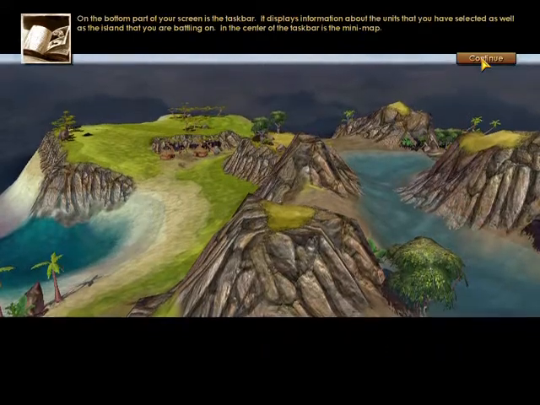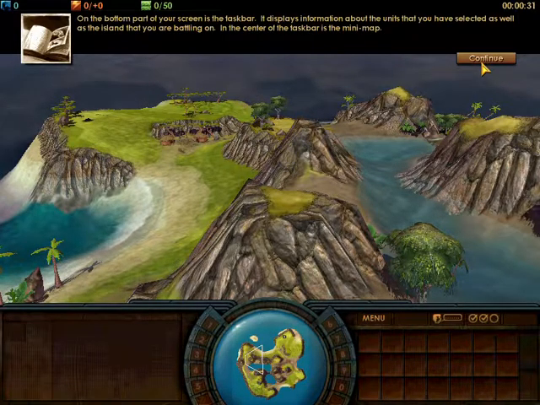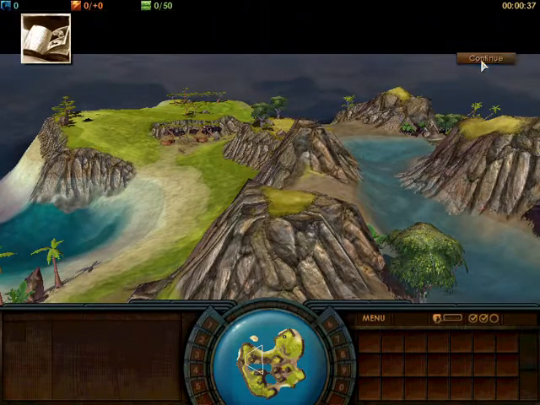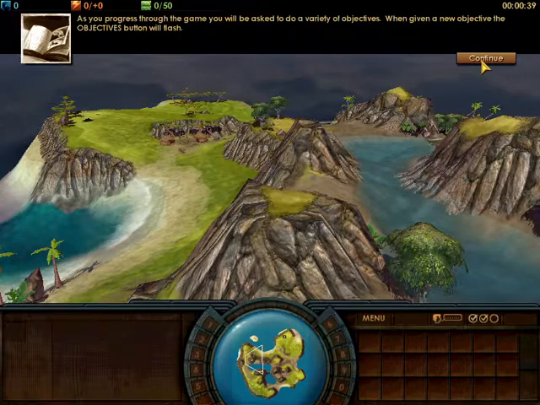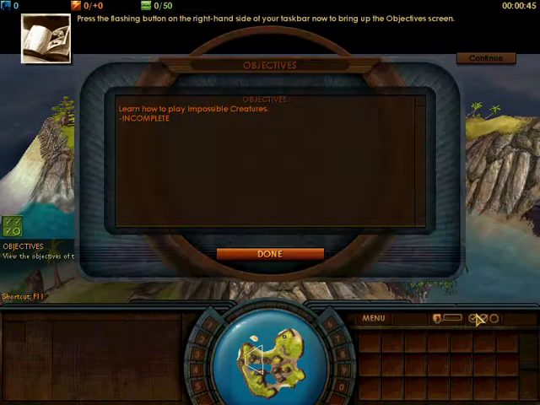On the bottom part of your screen is the taskbar. Okay. It displays information about the units that you have selected, as well as the island that you're battling on. In the center of the taskbar is the minimap. The minimap provides you with a high-level view of the island that you are on. As you progress through the game, you will be asked to do a variety of objectives. When given a new objective, press the flashing button on the right-hand side of your taskbar now to bring...